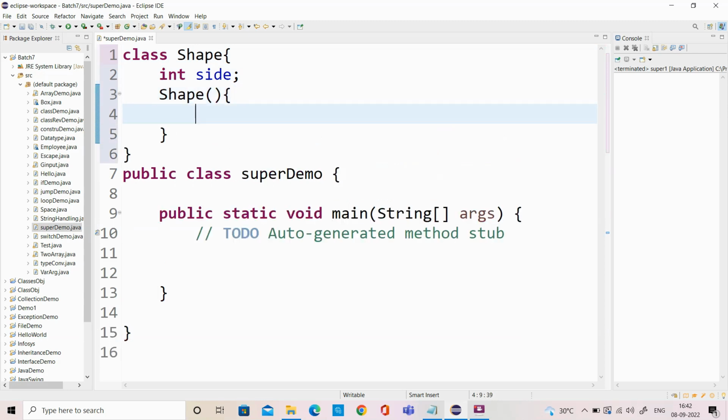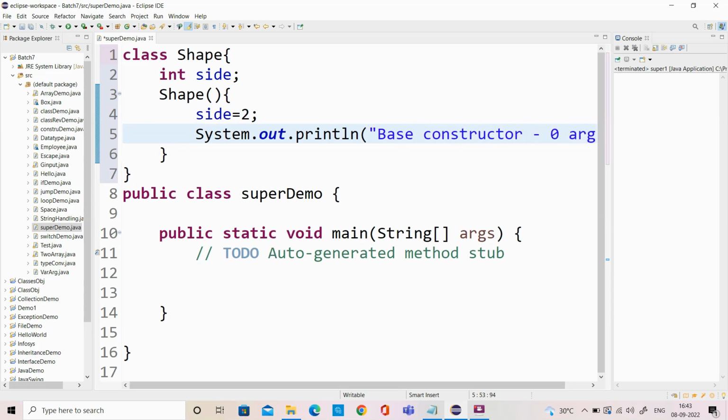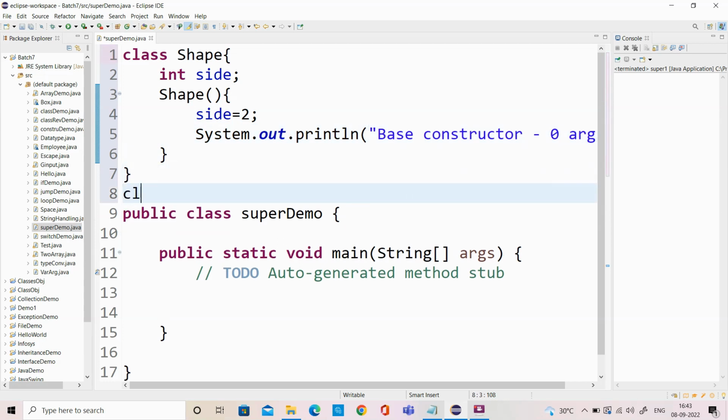Since you know the usage of a constructor, the constructor gets invoked whenever an object is created, and the constructor is mainly used to initialize the data members of the class. So I'm going to initialize the data member, and also add one sout statement to specify it is a base constructor with 0 arguments. Followed by that, I'm going to create a derived class